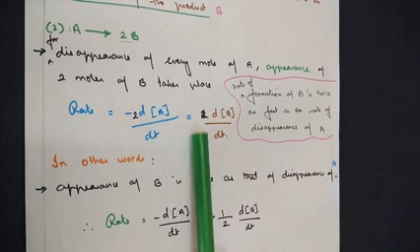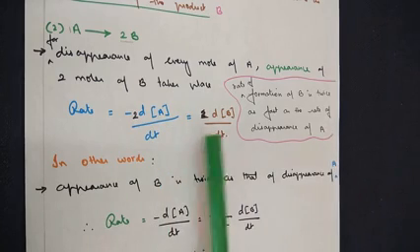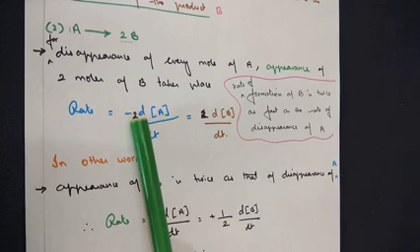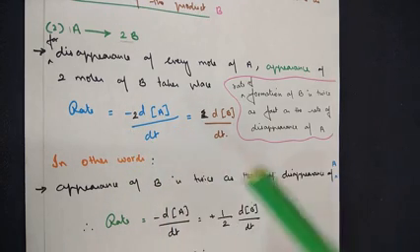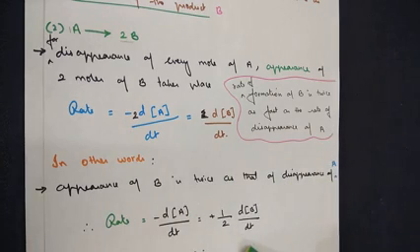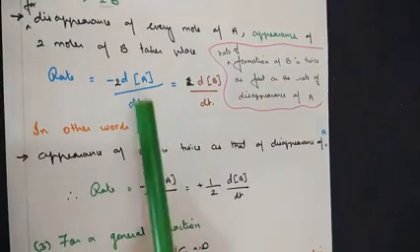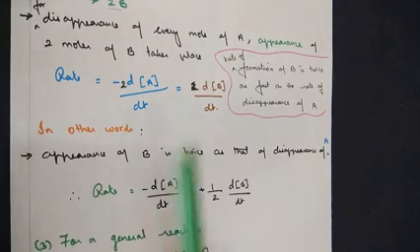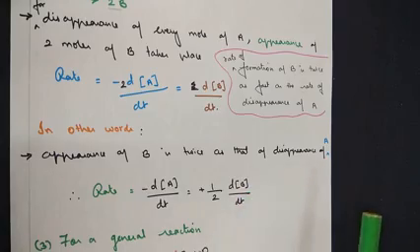If we rearrange the formula, take the 2 to the denominator on the other side. Leave the minus sign as it is, as I told you in the previous class. On the reactant side, there is a decrease in the concentration that is denoted with a minus sign. So leaving the minus as it is, d[A]/dt is equal to, with 2 going to the denominator on the other side, 1 by 2 d[B]/dt.